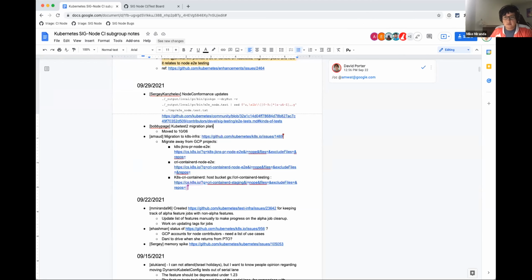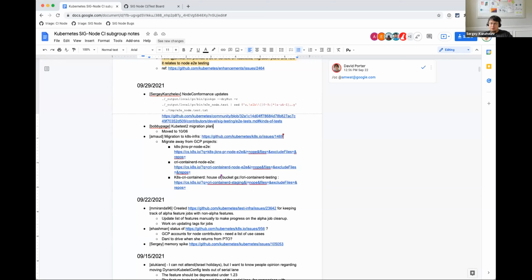Yeah. In general, it also can be useful to have some documents that create a mapping between lanes and the tags that you set on your test, so you will know for sure for which lane you will run your test if you add some specific set of tags. I don't know, something like this.